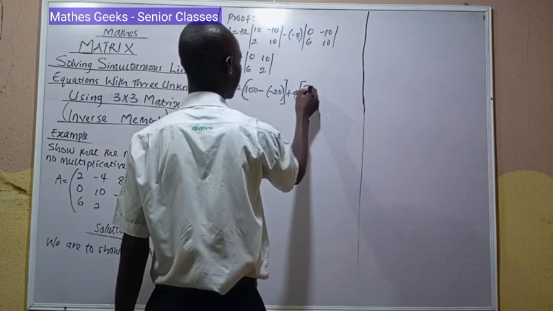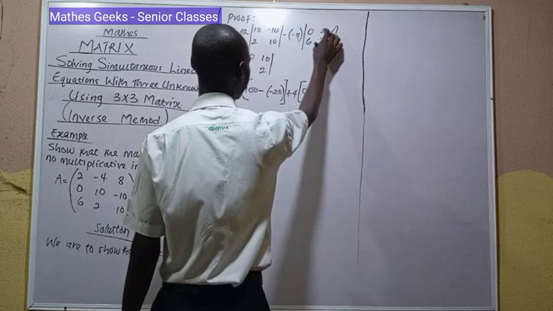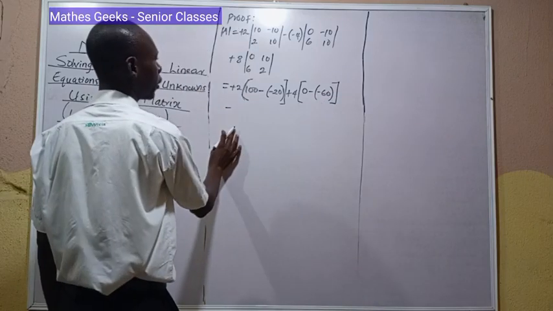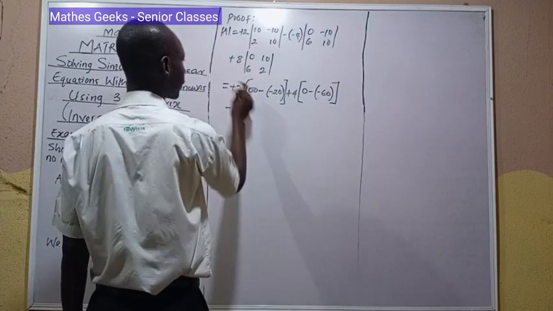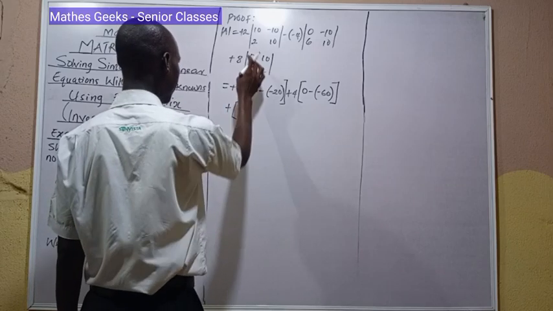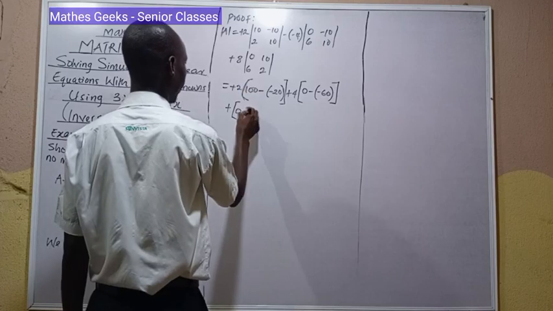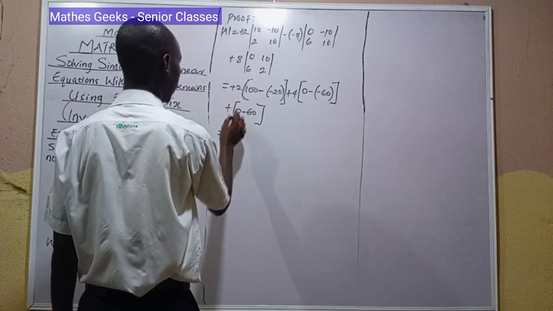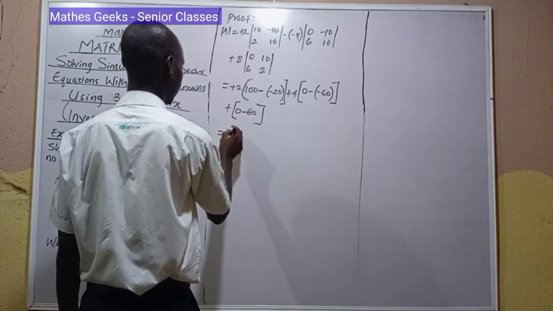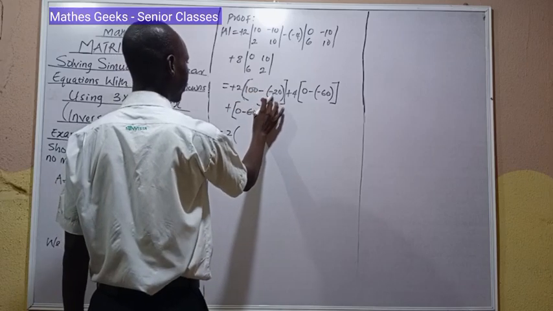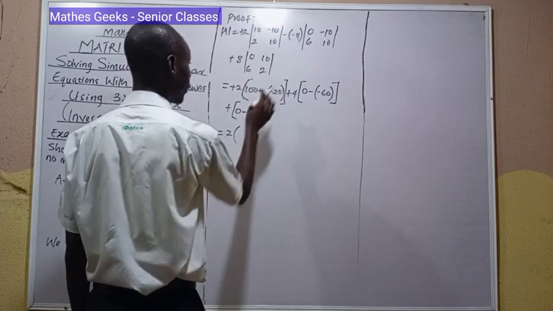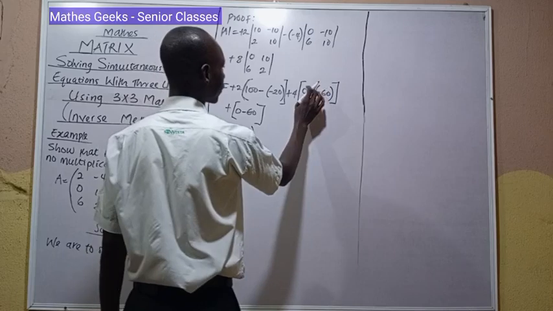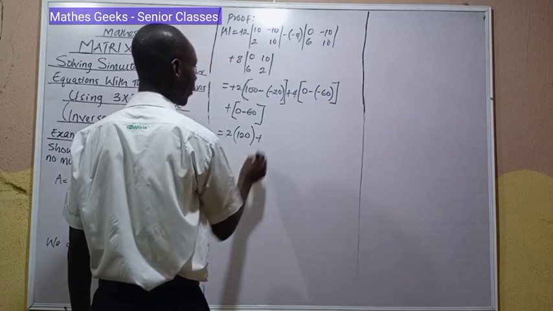So 0 times 10 is 0, minus 10 times 6 is minus 60, plus 0 times 2 is 0, minus 10 times 6 is 60. That gives 100. Minus times minus is plus, 20 times 20. 100 plus 20 is 120, plus minus times minus is plus, 60 times 4 will give us